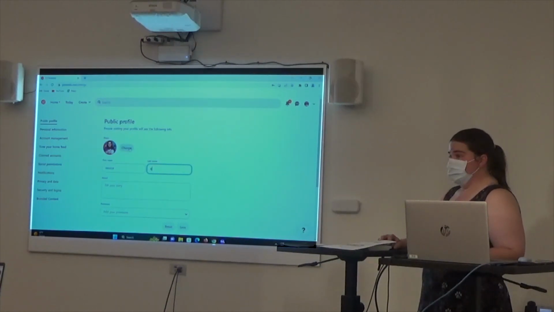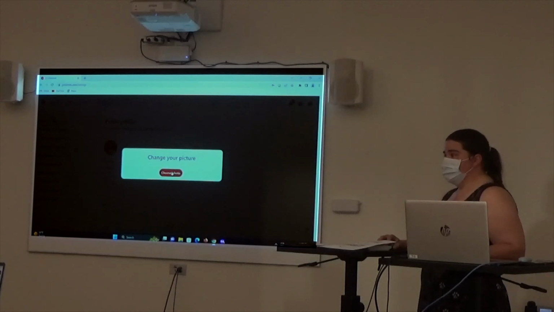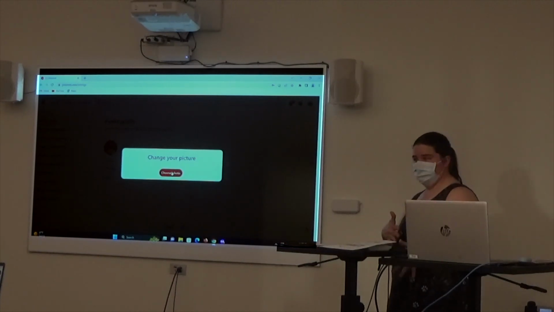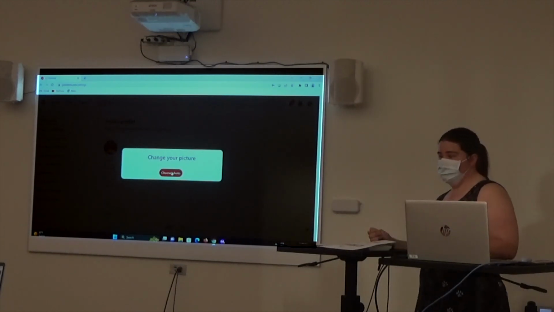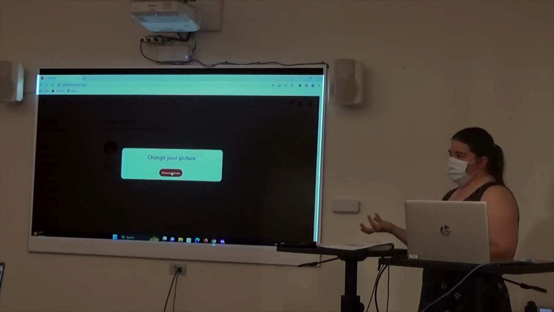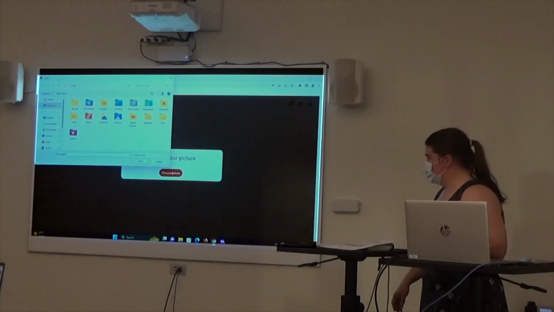If you want to change your profile picture, what you're going to do is you're going to hit change. Then you're going to hit choose photo. This will probably be better to do when you're at home. Go off the pictures off of your computer at home if you want to do a personal picture or any pictures that you might have on your computer. And or if you decide to use your phone and get it off your phone, you can do it off your phone. But you'll hit choose photo,